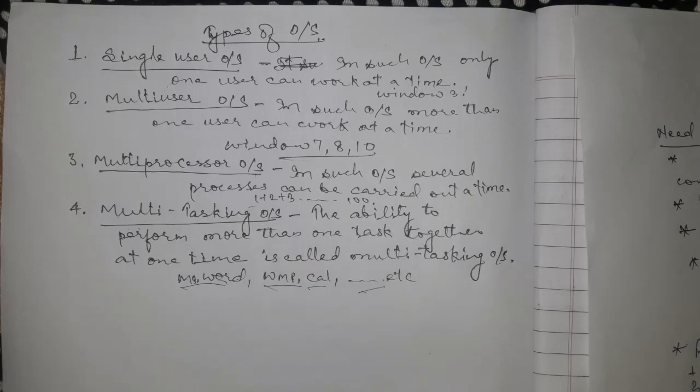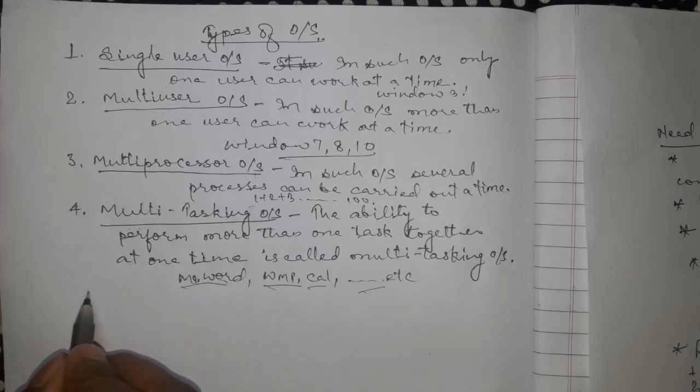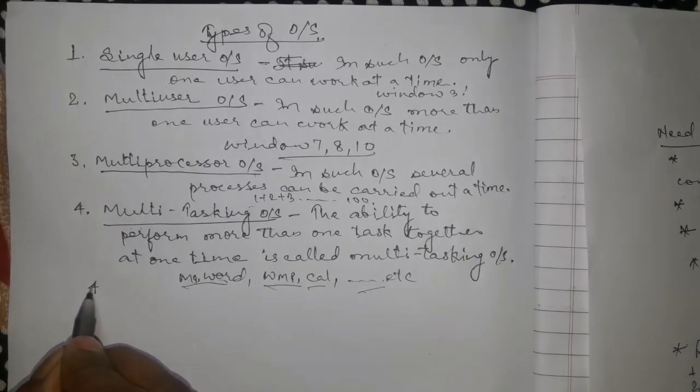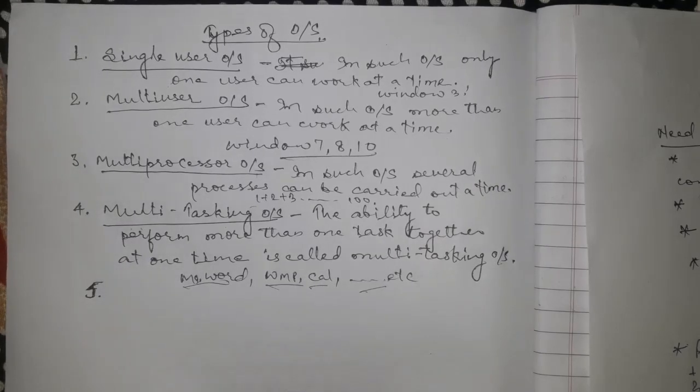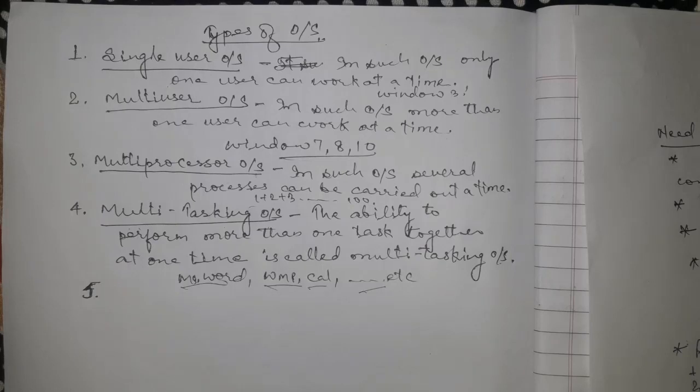So you can say that in a multitasking operating system, the user gives different commands, and all the commands and all the functions are controlled by the operating system. And in a multi-process operating system, a computer has a number of processes which work together to perform functions at the same time. For example, at present you are seeing